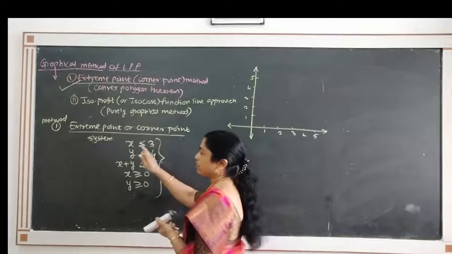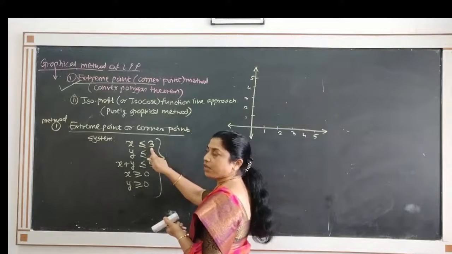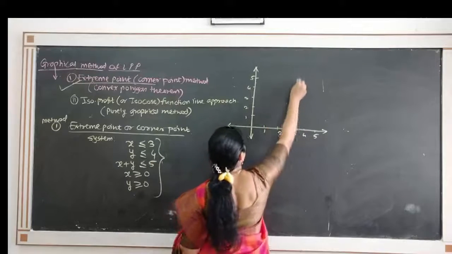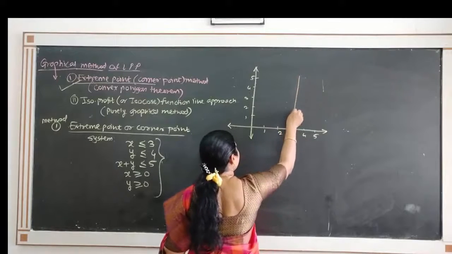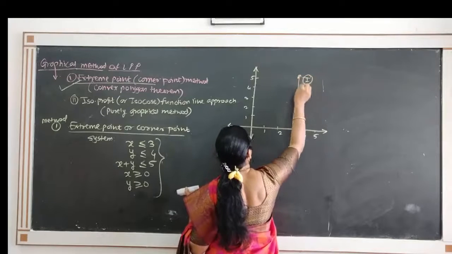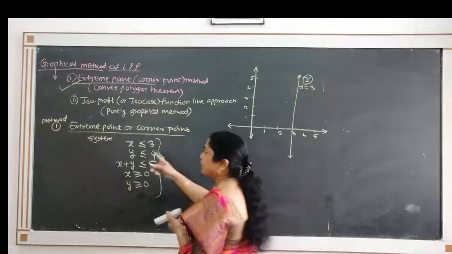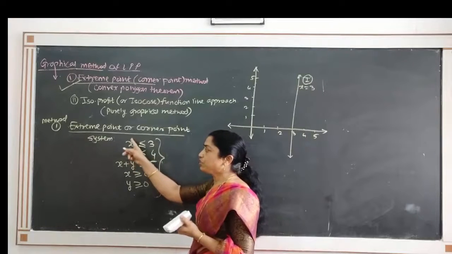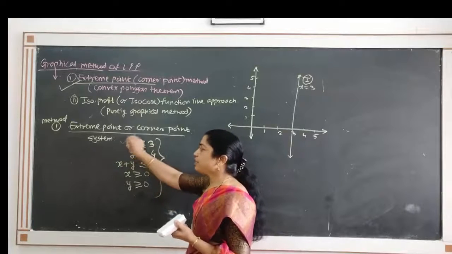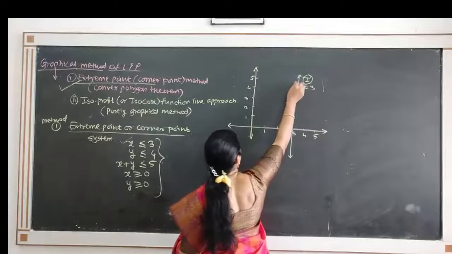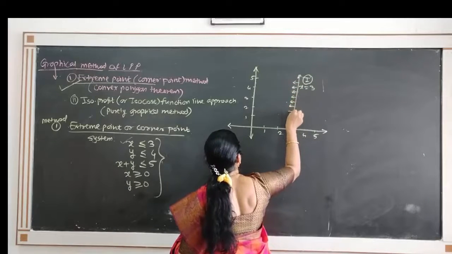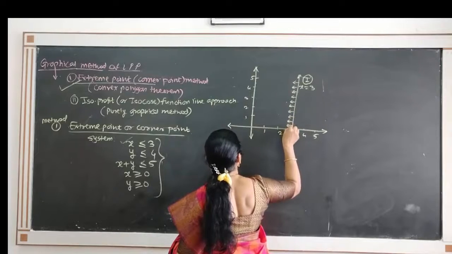Now see the first constraint. We write down that equality, that becomes x equal to 3. So x equal to 3 is a line parallel to the y-axis. This is our first line, x equal to 3. Which region do we require? If you substitute the origin here, 0 is less than 3, it gets satisfied, and therefore you want the origin side, because the origin is contained in that region. So this is the origin side, we show it by arrows.